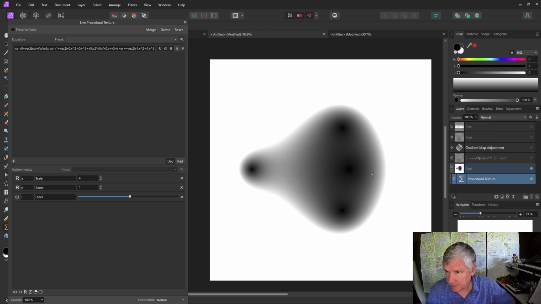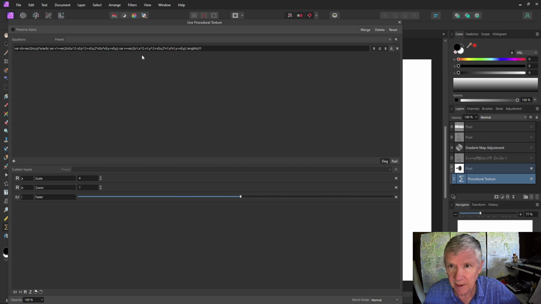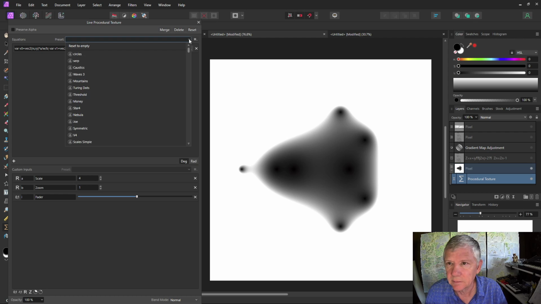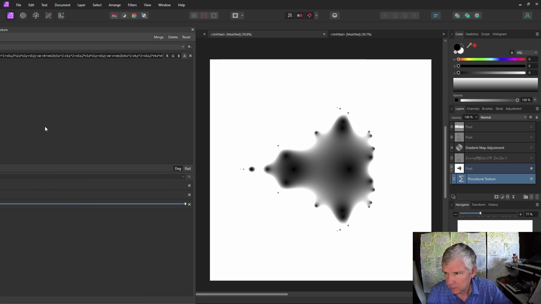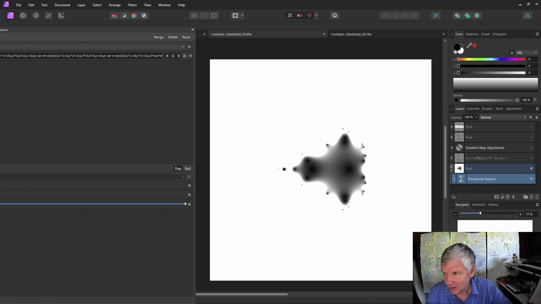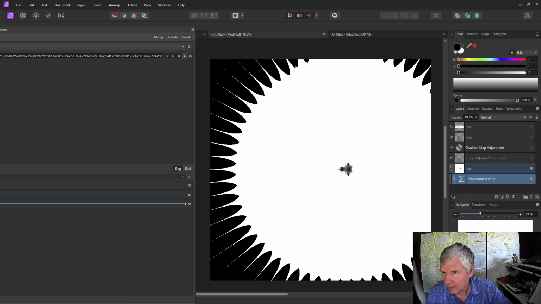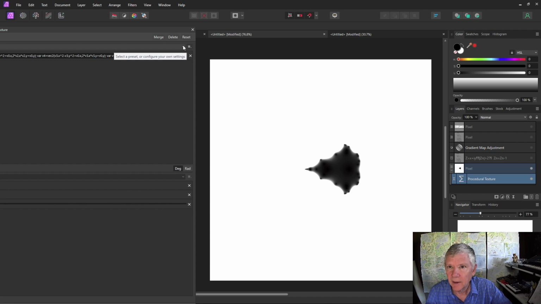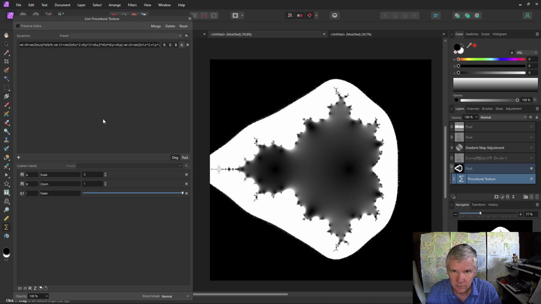And now I can start to see the shape of the Mandelbrot set emerging. I'm going to keep doing that until I get additional iterations of this. That's after 3 iterations. This is 4 iterations. Now I noticed a strange sort of phenomenon that starts showing up here. If I zoom out, I get that. And if I go up to 8 iterations, now at 8 iterations I'm seeing this sort of